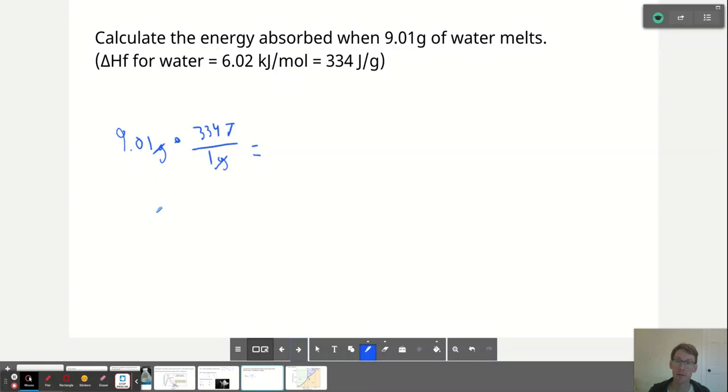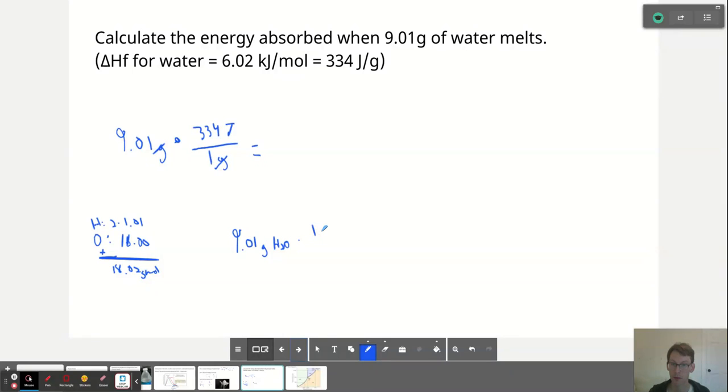If you only had the molar value, then you would have to say we have H2O. O has a molar mass of 16.00 grams per mole, and hydrogen is 2 times 1.01 grams per mole. And the total is going to be 18.02 grams per mole. We could say we have 9.01 grams of H2O